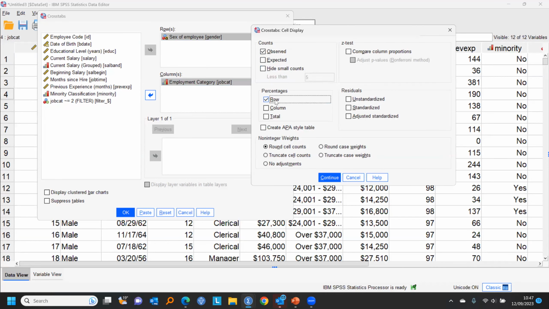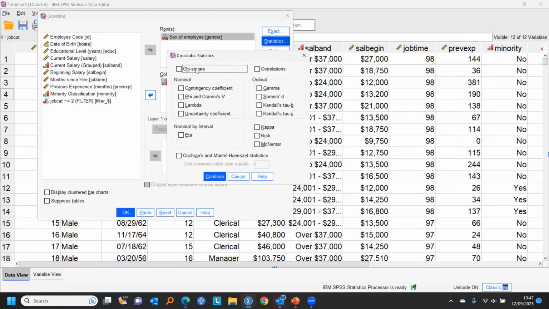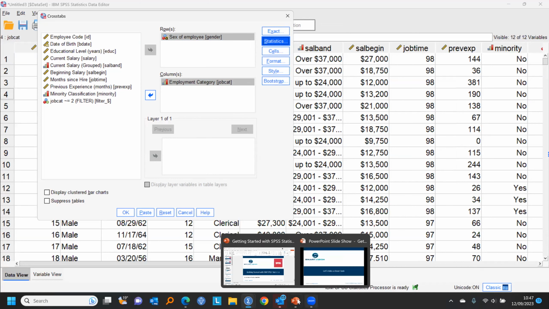This is just for aesthetic purposes. It doesn't affect the statistical test itself, but I want to show the row percentages in there. And I want a test. It's just a statistical test. The test you would normally use with that is chi-square. The chi-square test is the same test that's actually used